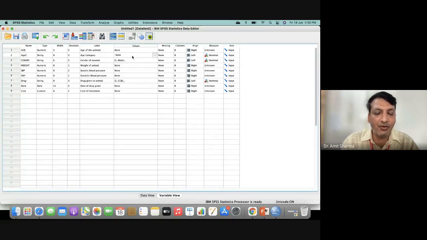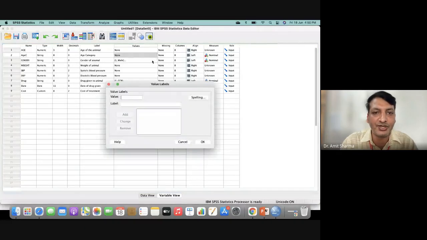And if you want to get your numerical data in terms of category, again you have to do the coding. The first variable will give you mean and median, and the second variable, age category, will give you the ranges of age, that is, how many patients are between 10 to 20 years, 20 to 30 years, 30 to 40 years, for example, if you want to generate the data.